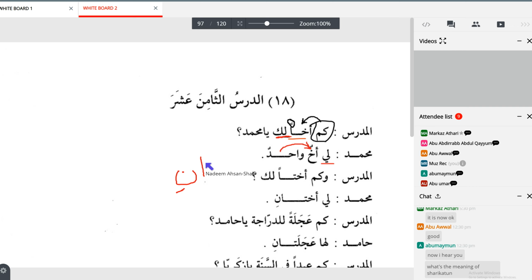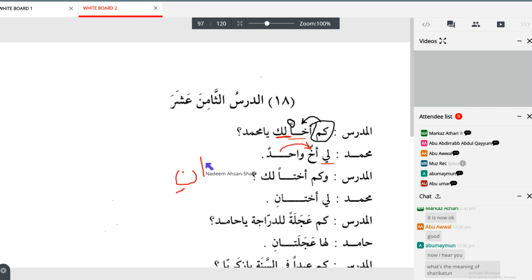So he says, li, I have, ukht, and then he adds alif and noon with a kasra, li ukhtani. And that means 2 sisters. Good. So quite simply, after the ta, you add alif and noon. Look at the next question. Kam ajalatan للدراجة يا حامد؟